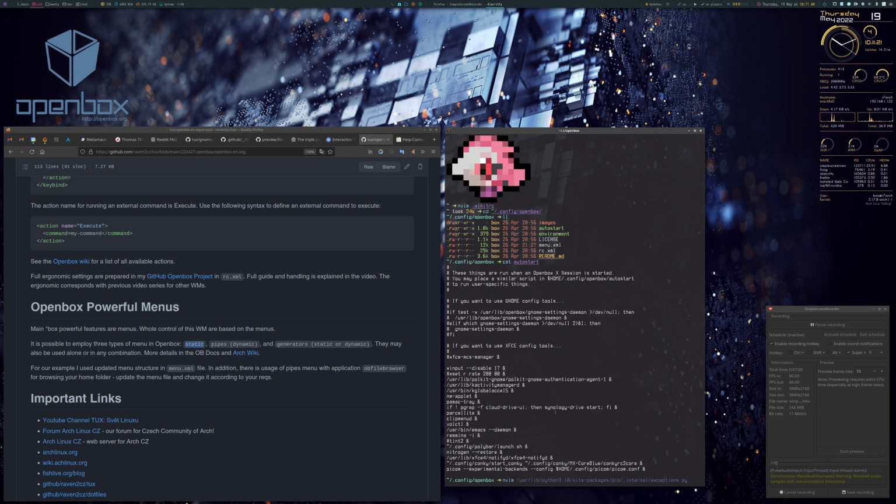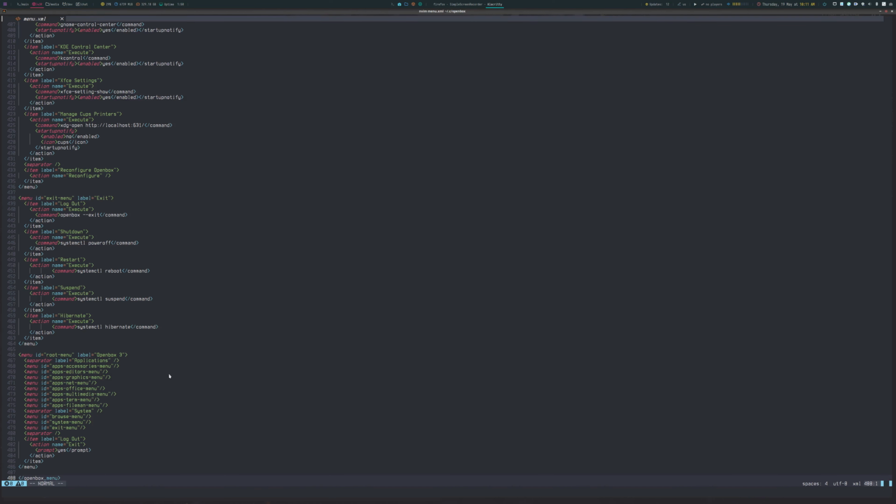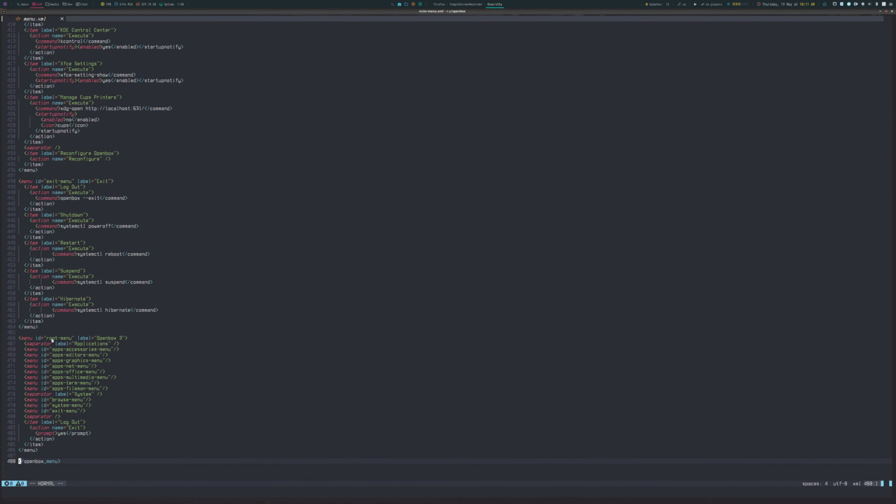I opened nvim and the menu XML file. In the bottom of the file there is the main section, the root menu ID, and it is our menu which was present, and there are included all the IDs of separate rows,